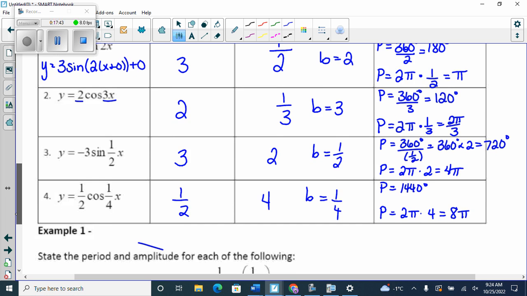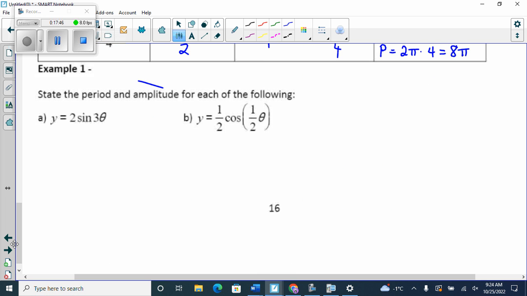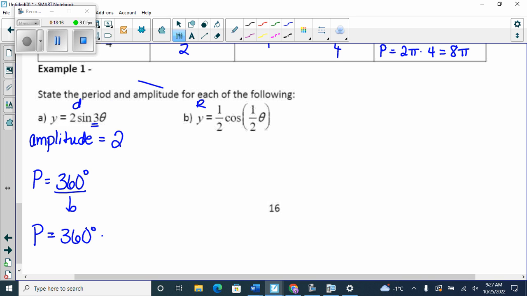All right. State the period and the amplitude. Go. Period in degrees, radians. So the amplitude for this one equals the vertical stretch, which is 2. And then the period, I can either use the formula, which is 360 degrees divided by b, and the b value is this. So I can either divide by the b value, or I can multiply by the horizontal stretch factor. Because dividing by b or multiplying by the horizontal stretch factor, which is the flipped, is actually the same